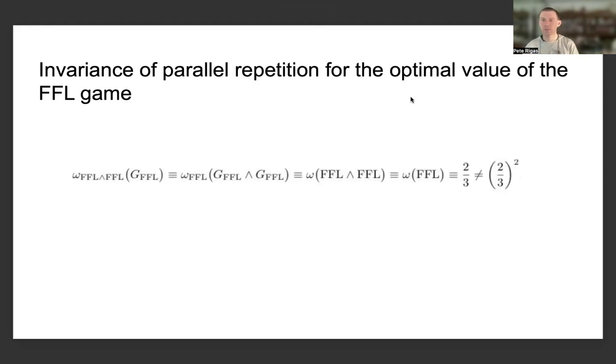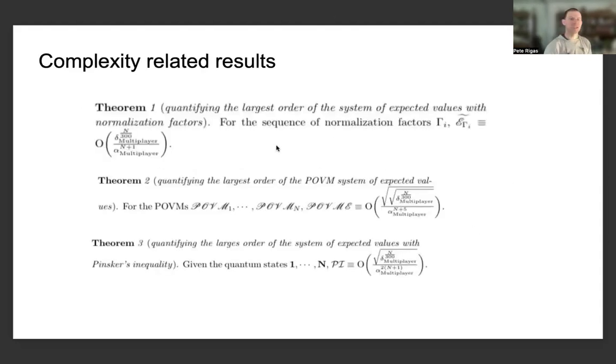But just because parallel repetition changes the optimal value for one game, it doesn't mean that it changes it for all two-player games. There's an invariance principle, or a statement of invariance, for the optimal value of the FFL game: parallel repetition of the FFL game leaves the optimal value, or the maximum winning probability, invariant. Before and after performing the parallel repetition operation, the optimal value is equal to 2/3, which is not equal to the square of 2/3. And this relates to some types of results, which I just wanted to provide at the end